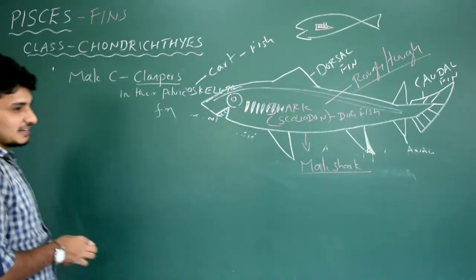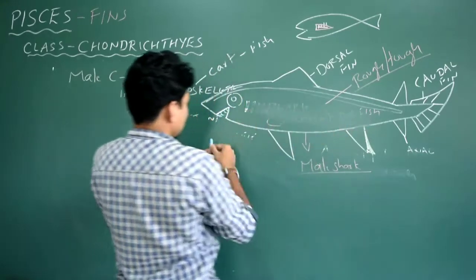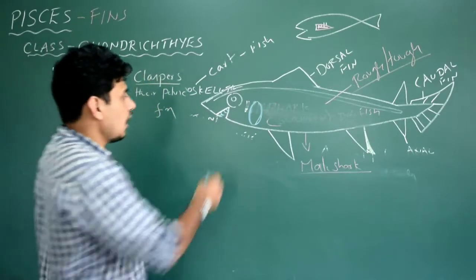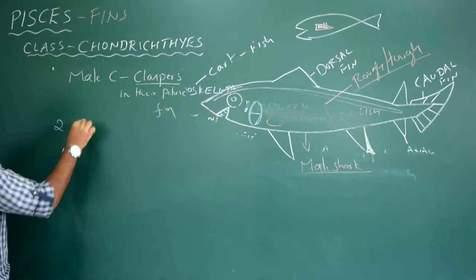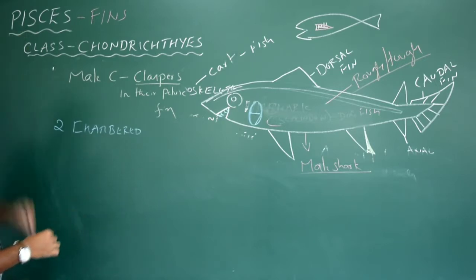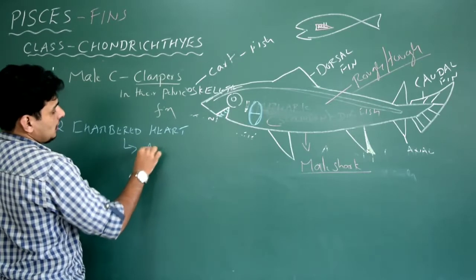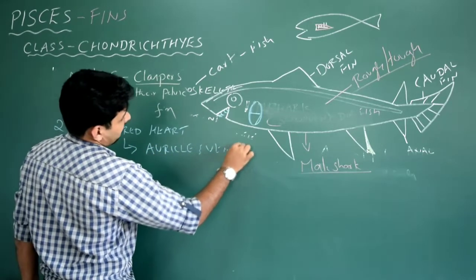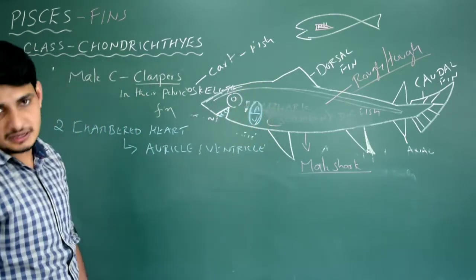Next, I don't know the number actually. Fine. The next is let me just tell you about its heart. So they have got a heart. The heart is ventral because they are all vertebrates actually. How many chambers of heart do they have? They have a 2 chambered heart. So we just write 2 chambered heart. Even all the fishes, that is Pisces, they have a 2 chambered heart. That is one auricle and the other one is ventricle. Auricle, ventricle. 2 chambered heart. That is the thing.